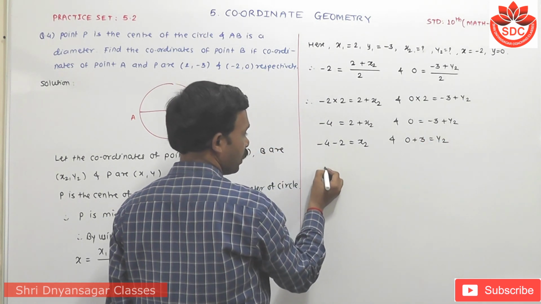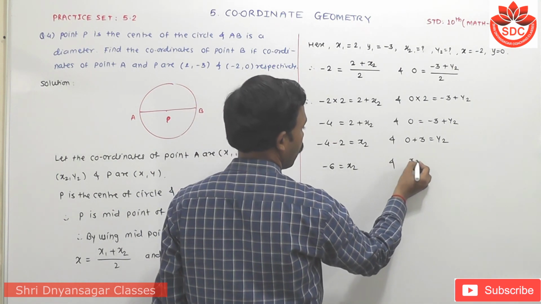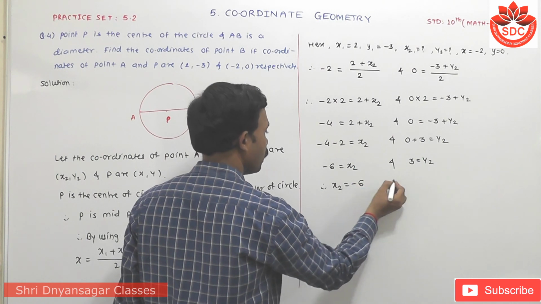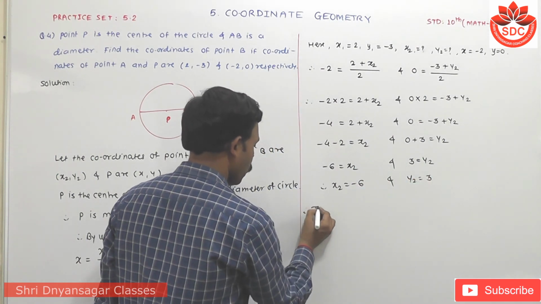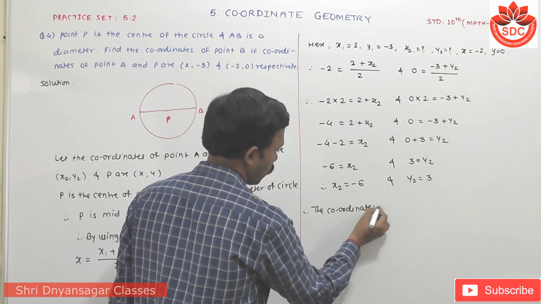This subtraction is -6 is equal to x2 and 3 is equal to y2. Therefore, x2 is equal to -6 and y2 is equal to 3. Therefore, the coordinates of point